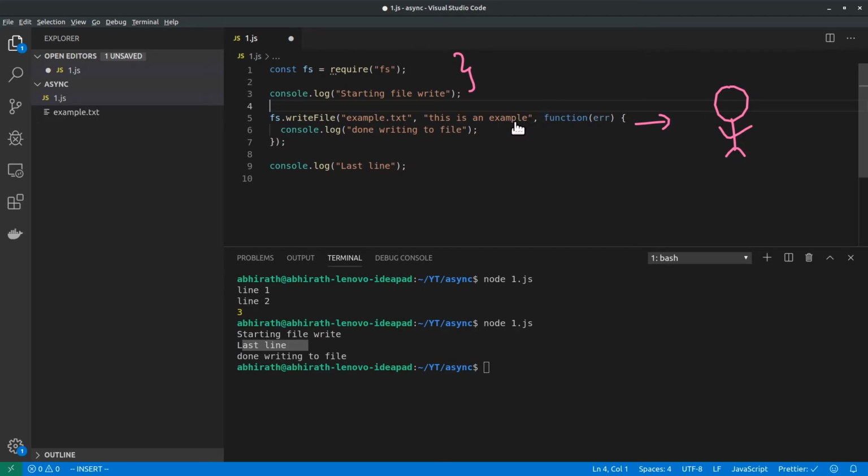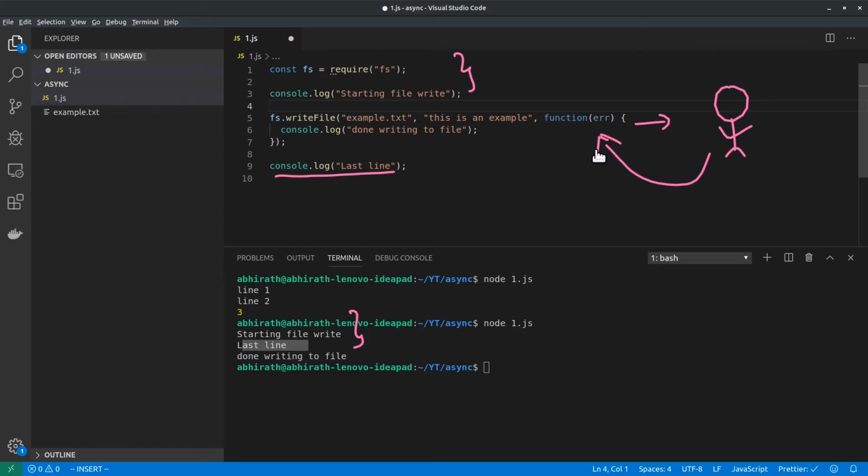Since JavaScript has handed over this task to somebody else, it proceeds to line number 9. And that is the reason why you see line number 3, that is starting file write, and after that you see last line. When this person is done with the task, it comes back to JavaScript. Hey JavaScript, I'm done with your task. Here's the result.